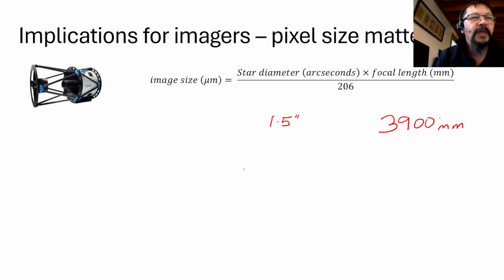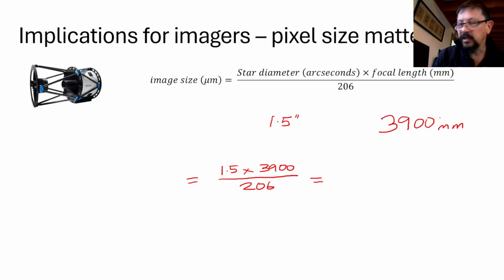Let's hope. So how big is my image size going to be? It's going to be equal to 1.5 times 3,900 divided by the magic number 206. And that's equal to, check my calculator, 28